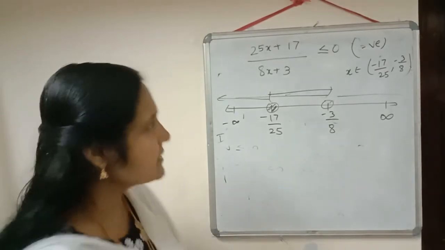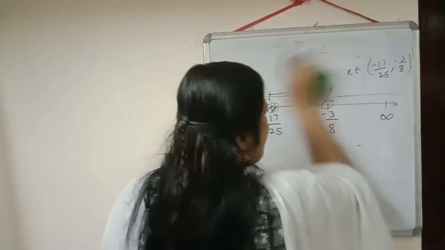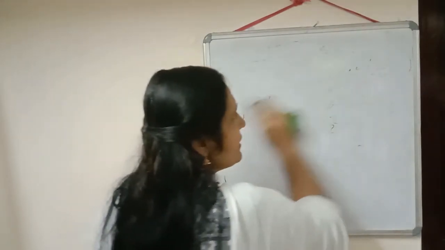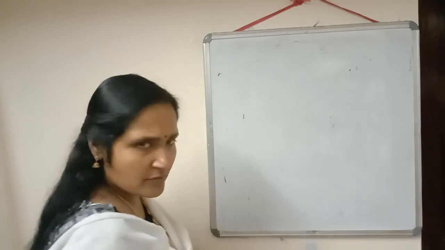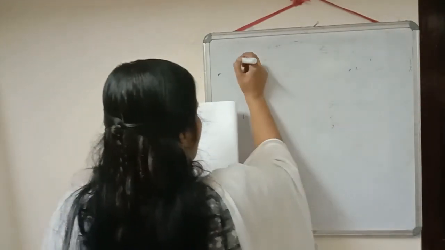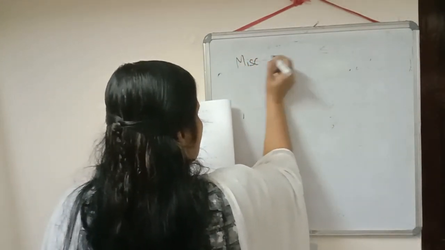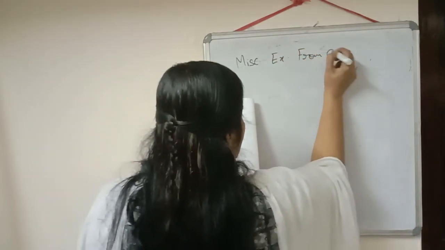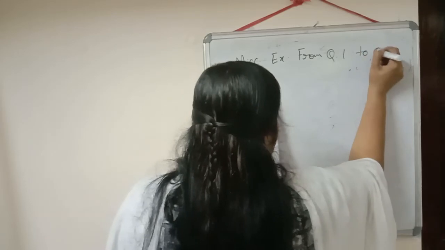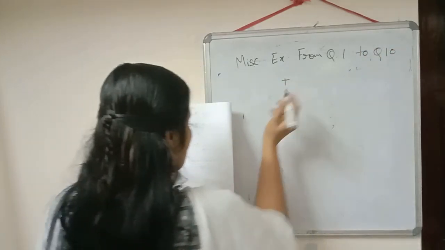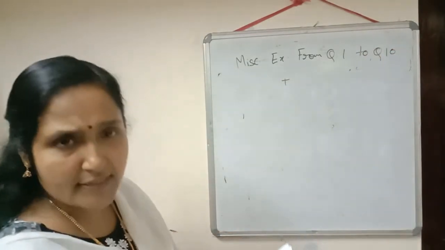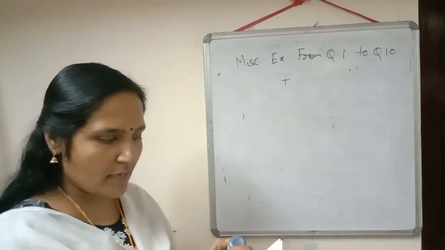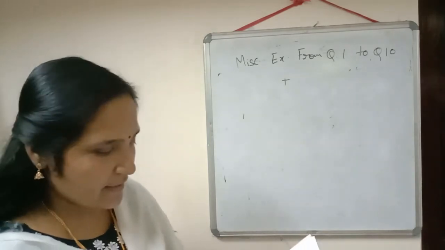So all of you please note down your homework. From your textbook only I am combining different types of questions and giving them to you. Your today's homework is from the miscellaneous exercise, and in that you have to do question number 1 to question number 10, plus some questions I am writing. The question is the same: solve the following fractions. Because in your books questions related to fractions are not there.